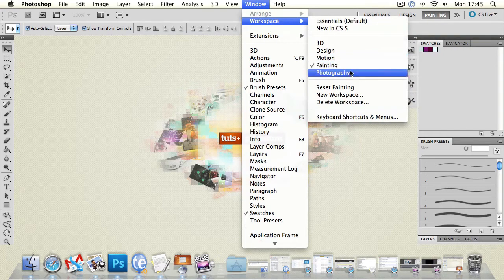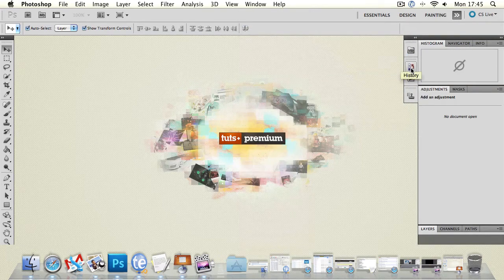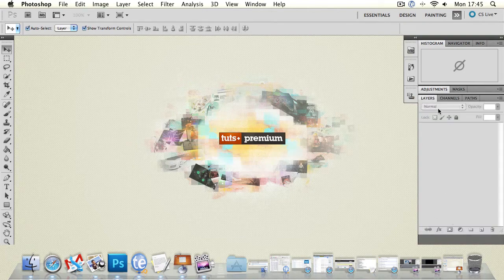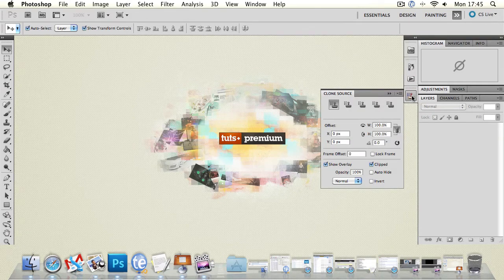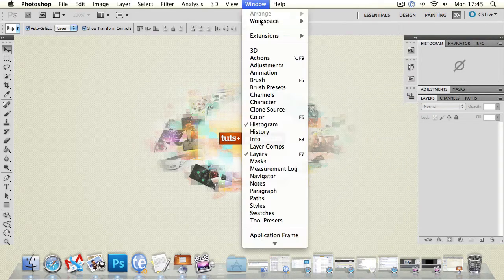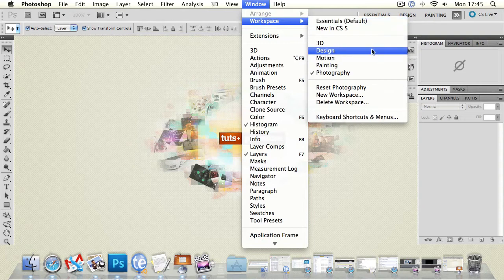And then finally you've got photography, which is aimed more at photographers. So you've got things like the histogram, navigator, information, adjustments that you can make to the colours and levels, and also you've got layers as a standard down here. You don't have things like the character panel here, but you do have actions and history panels, as well as a clone source panel. In order to reset any panels, if you did make changes, just click on Reset under